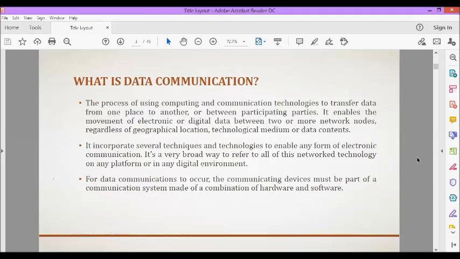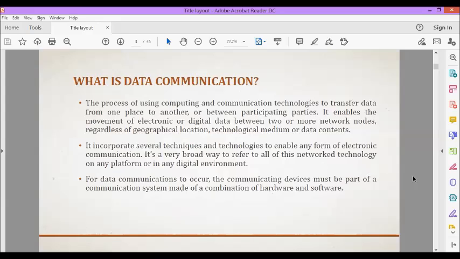It is the process of using computing and communication technologies to transfer data from one place to another or between participating parties. It enables the movement of electronic or digital data between two or more network nodes regardless of geographical location, technological medium, or data contents. It incorporates several techniques and technologies to enable any form of electronic communication. It's a very broad way to refer to all of this network technology on any platform or in any digital